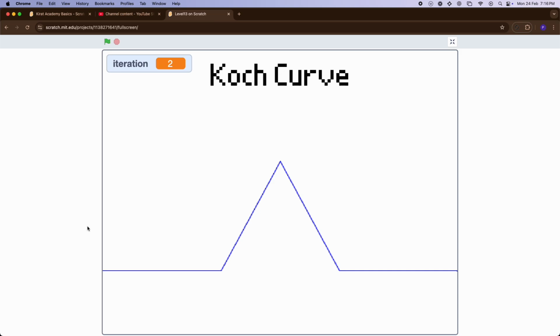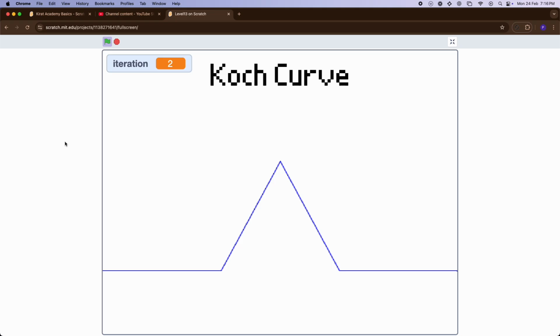First, Google Koch curve. Try to figure out what is a curve. It is also called Koch snowflake. Figure out what it is, and then with every iteration try to figure out what's changing. The key thing is there is a length and then there is an angle. In this case this is an equilateral triangle, so all the sides are 60 60 60, and let me run